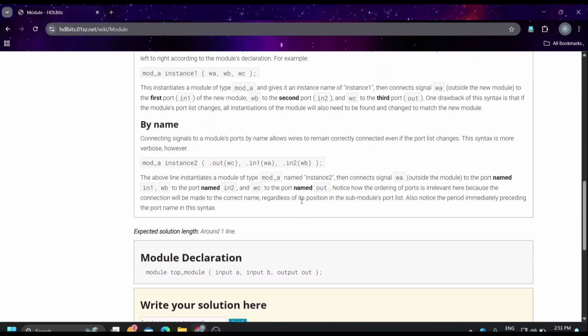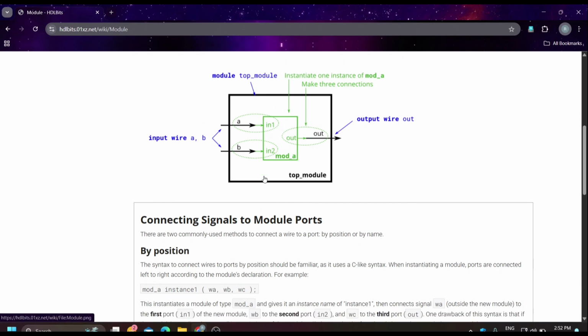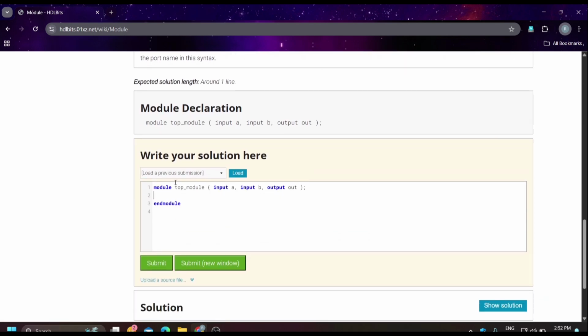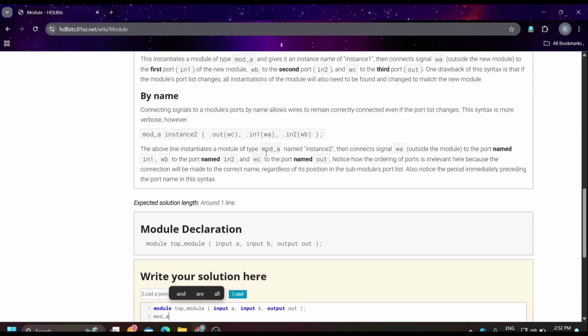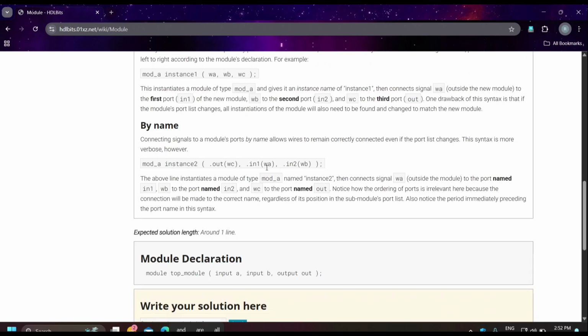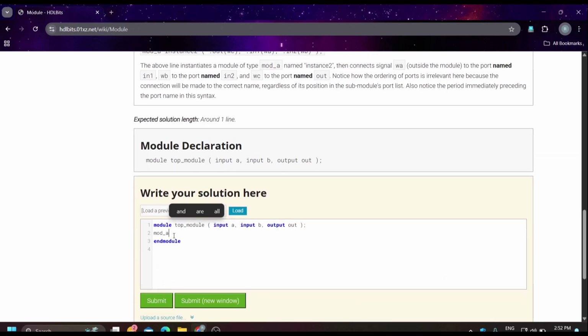So here we have one question. In this, mod A is the small module and this is the top module. Here in the top module we are using this mod A module. So let's write mod A. In this question we will use the by positioning method, and they are expecting a solution in around one line. Within one line we need to write mod A, some instance name, that's u1,